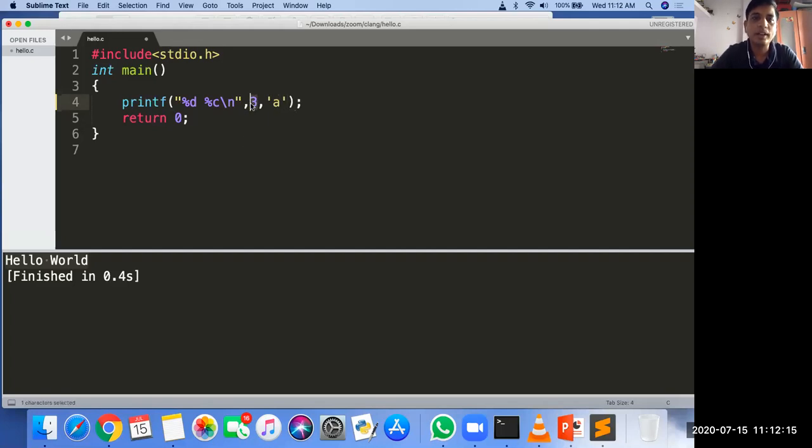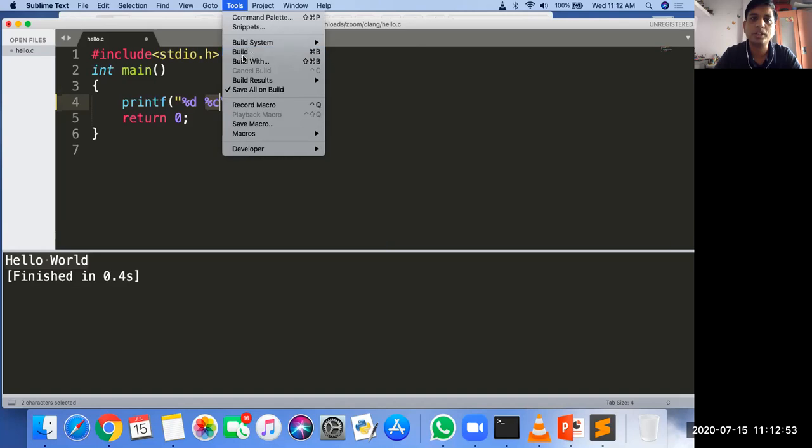So the value of 3 is replaced here, and this a is replaced here. But here we are not providing any arguments. So what happens if the argument is not provided? printf will think that there is no argument. %d and %c are not printed directly. They are just placeholders where some value has to be printed, but here you are not giving any value. So it will take any random number, known as a garbage value, and a garbage character will be printed.